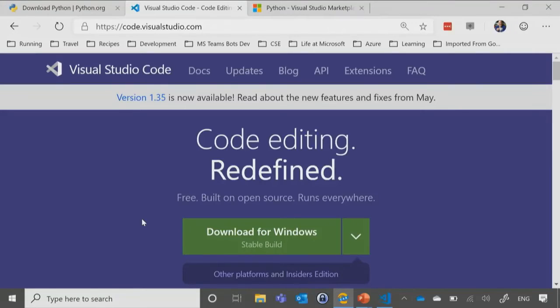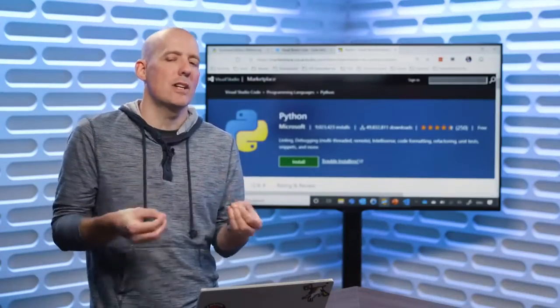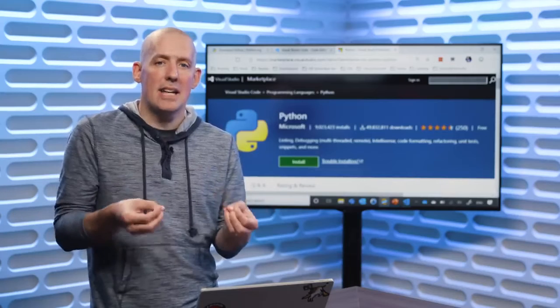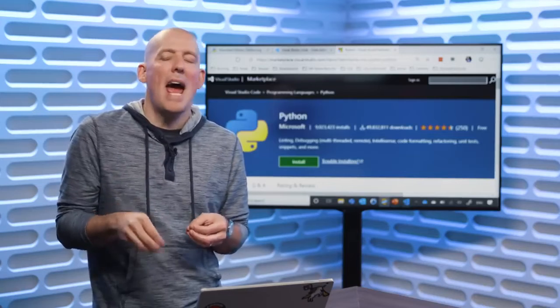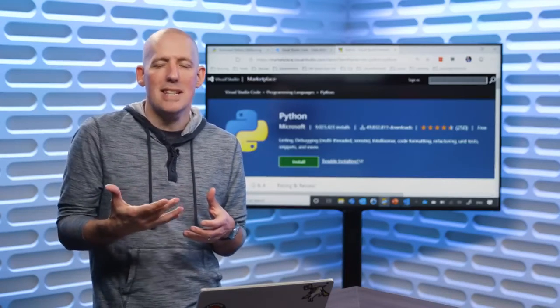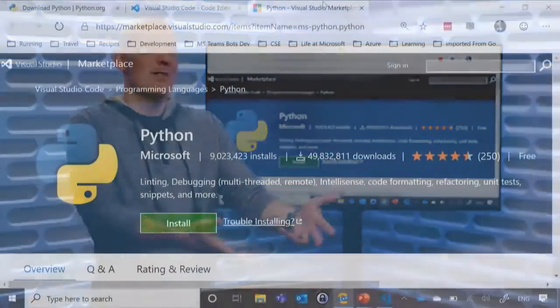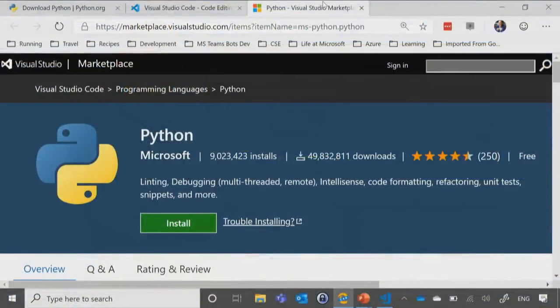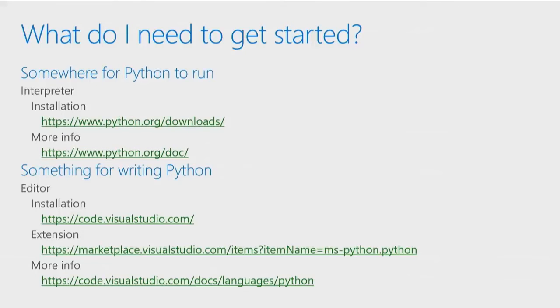The last thing that we're going to need is a little plugin for Visual Studio, and I already have that up on my browser here. And that is going to help enable some additional functionality for Python inside of VS Code and help give you a better experience when you get in and start writing your code. You'll notice that when Susan and I get in and we start writing our Python and VS Code says, hey, did you want to use this? Hey, did you want to use this? All of that is there because of that Python extension. Again, all of the URLs that you're going to need are listed right there.